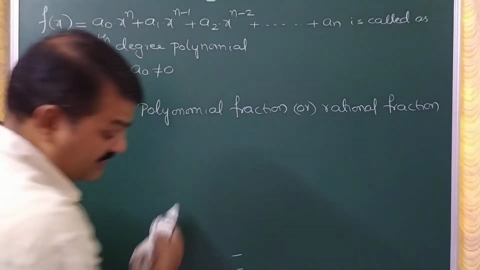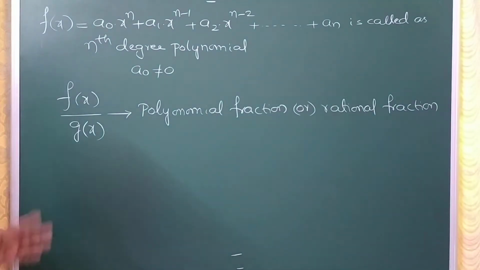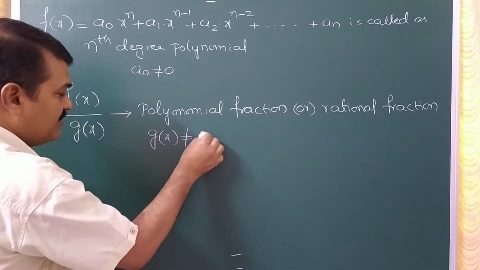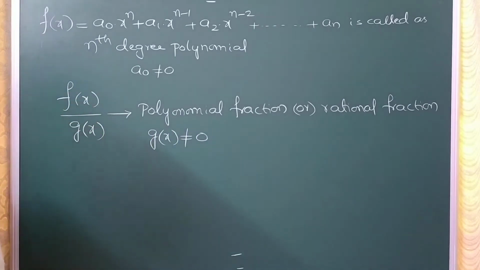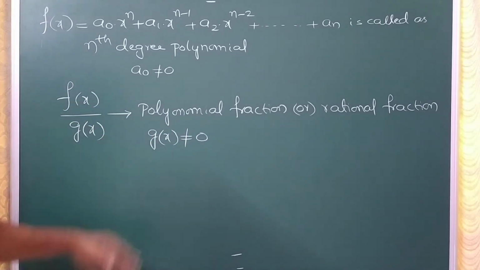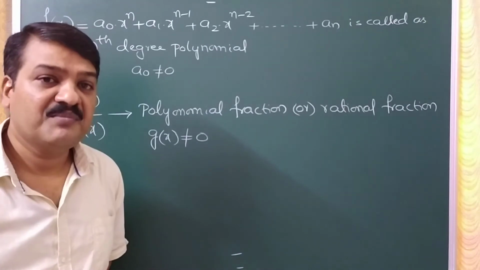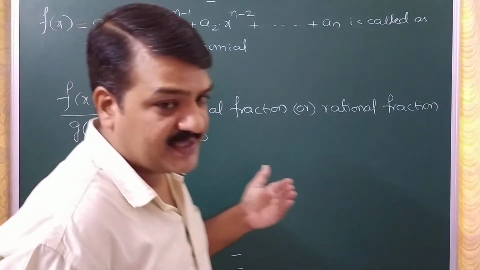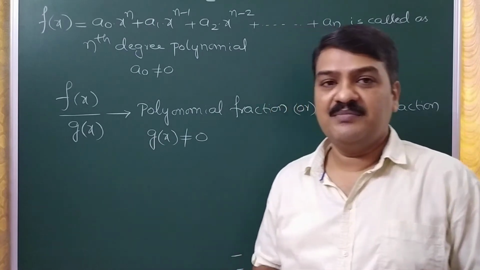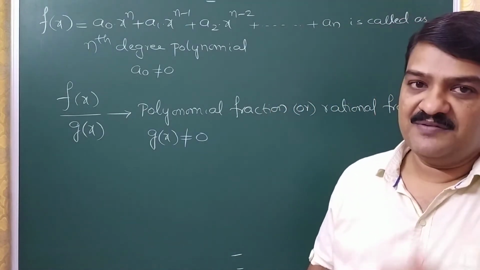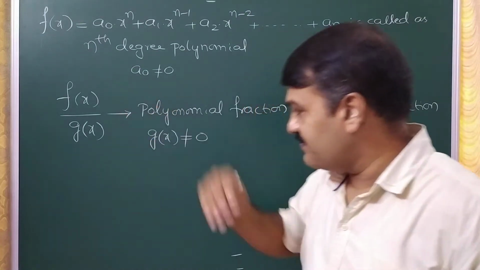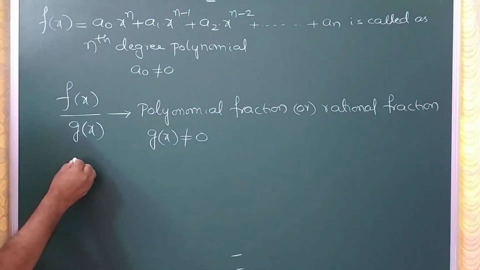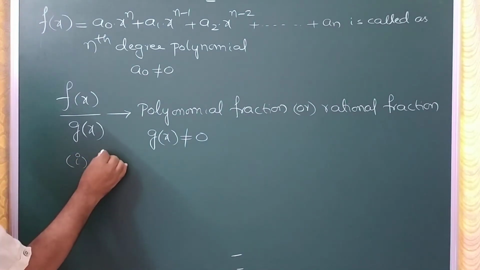Okay, right, so I'll write this now. This is the basic information of a polynomial fraction, where g of x must not be 0. If g of x is 0, anyhow that is not defined, so g of x is definitely not equal to 0. So this is the polynomial fraction. Now based on the degree of numerator and denominator, this polynomial fraction can be a proper fraction or an improper fraction. Based on the degree of f of x and g of x, we get proper and improper fractions. Okay, so I will discuss two cases here.